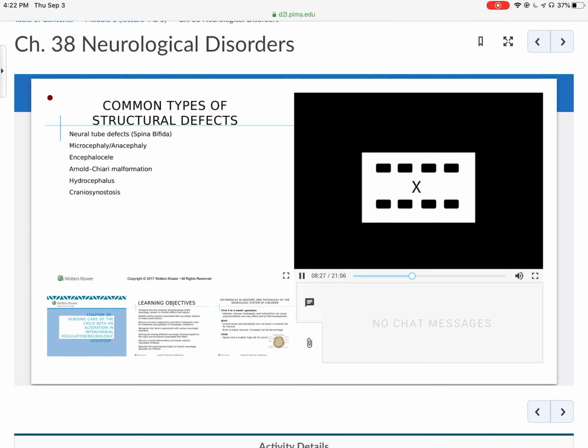Okay, now we'll go to neural tube defects. So in the development, in the first few weeks of the embryonic life, there again is potential for some developmental issues. So they can have neural tube defects, one of the ones that we see the most or hear about the most. We don't see it the most because we've decreased the rates of it, is spina bifida. So spina bifida is an opening into the spinal column. We've decreased the incidence of that